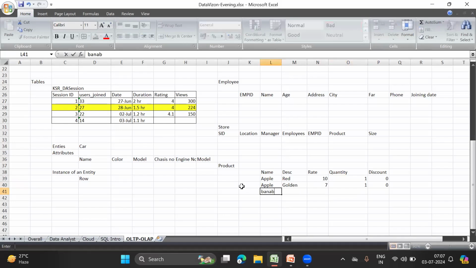And then we also have bananas. Of course, they can be in different colors. We could have the ripe banana, or you could also have the raw banana. So we have different types. The price right now is 60 rupees per dozen, so we don't have any discount. And then again, we have raw bananas, which are, let's say, cheaper. This is how the different details of different products are saved.